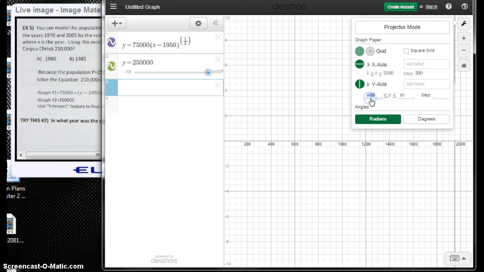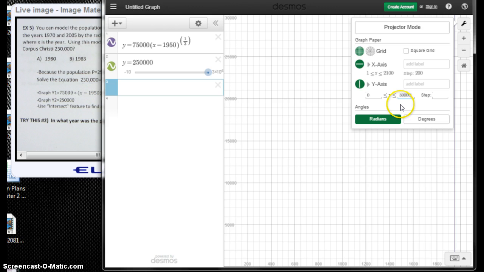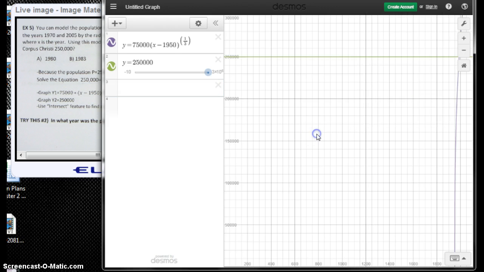If you look at our y-axis, y values are the population, our P values. So the minimum would be 0 because population can never be negative. And the maximum must include at least this number, so I'm just gonna set a number that is higher, which is maybe 300,000. And then if I do that,